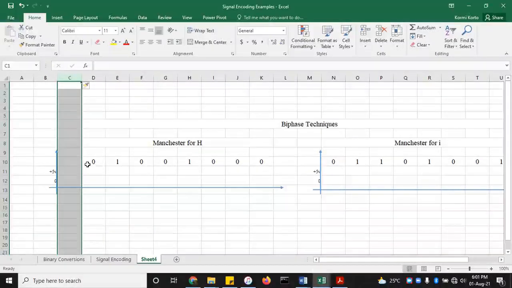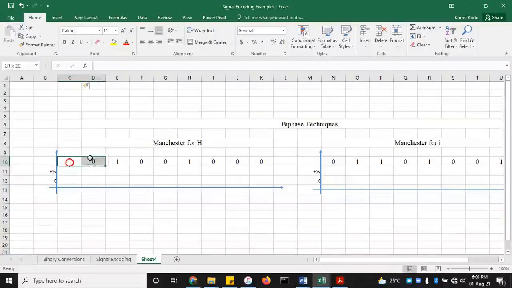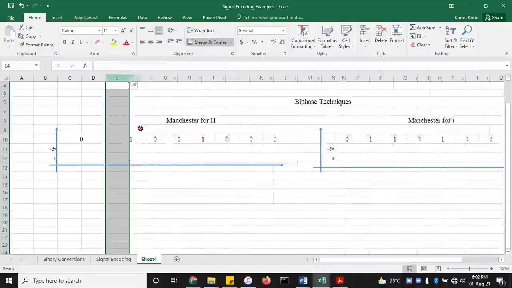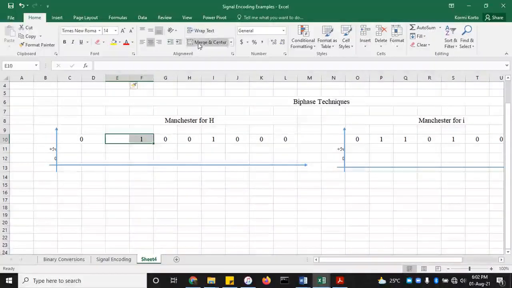So I'm going to insert more cells to accommodate two cells for one bit. Okay, so I'm going to merge this. So now this bit here has got two cells, so we can have the mid bit. I'm just doing this so I can have the mid bit. Okay, and I'm going to insert the same thing over here, and I'm going to just merge this,